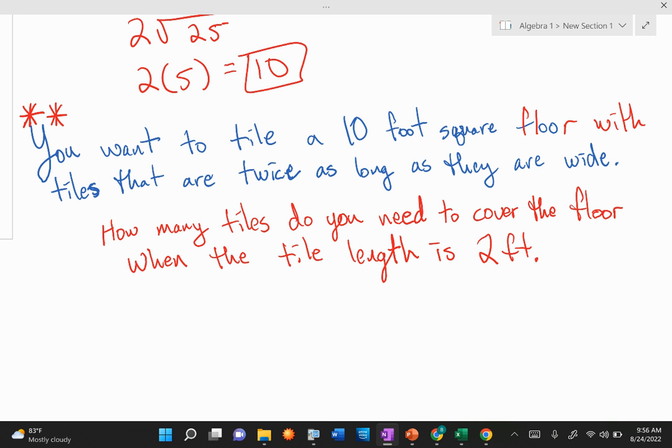Because the floor is twice as long. Two times, the floor is twice as long. That we know are twice as long as they are wide. What is twice as long as 20? No, the two feet tiles are twice as